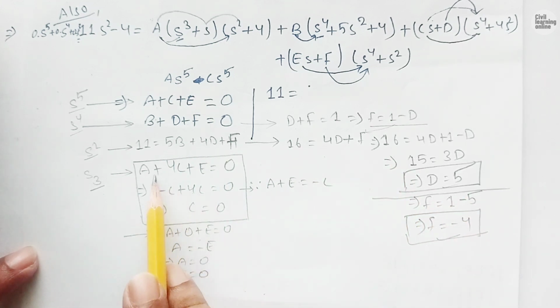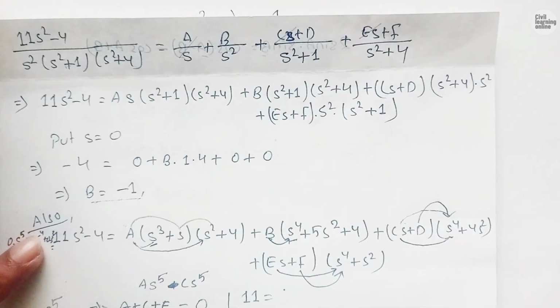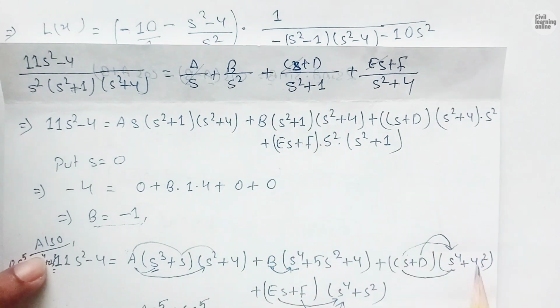Now here also, a plus 4c plus e equals to 0, so a plus e equals to minus c from here, so minus c plus 4c, so c equals to 0, and on substituting we got the value of a and e equals to 0. So what we do, we are going to substitute these values here. So on doing so, we got